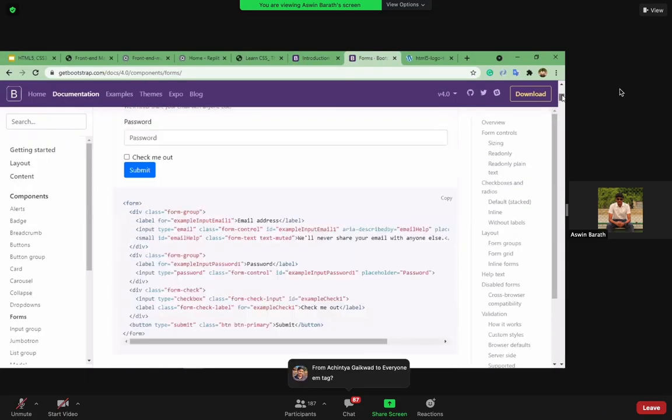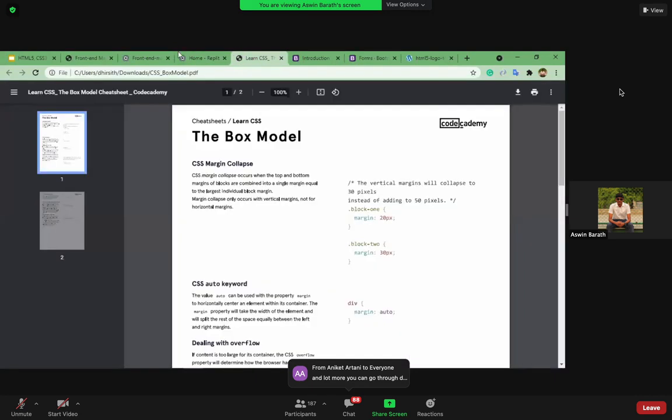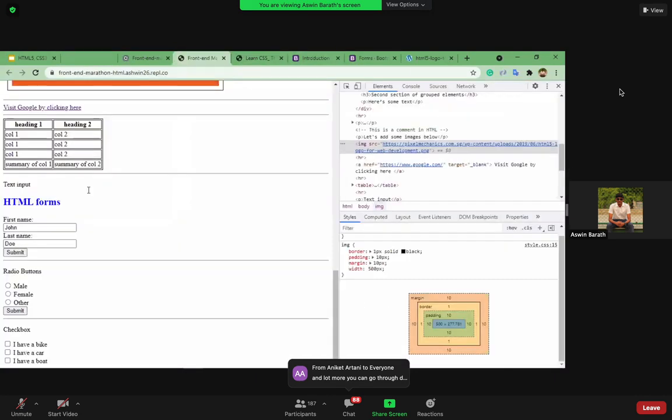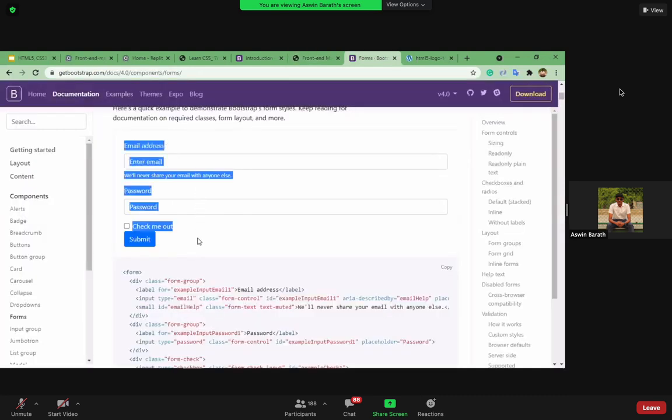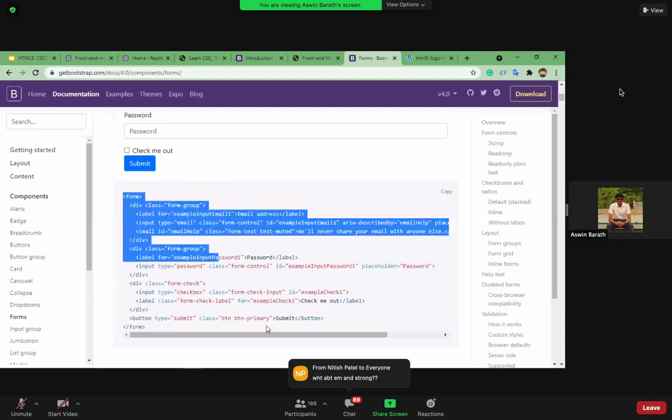Okay. So as you can see, this looks very pretty compared to our website, right? This HTML form looks ugly, not having so many CSS properties, right? Whereas over here, it's neatly presented, right? So whenever we want to save our time and add this kind of code, we use something called Bootstrap.